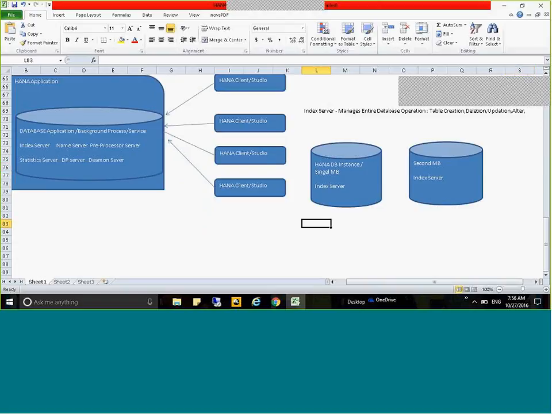Next service is called the name server, and it plays a vital role, especially in the distributed environment. Why so? Because it maintains